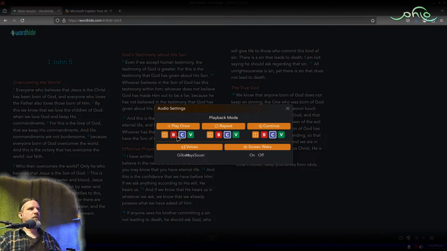I'm still going to have 3 field sets, but all of these radio buttons are going to be named the same so that you can only select one at a time. Like currently you can select these as 3 separate field sets, which doesn't make sense. You can't play once and repeat at the same time. So I'm going to put them all in the same radio name so that if you select this one, it'll deselect that one, and so on.